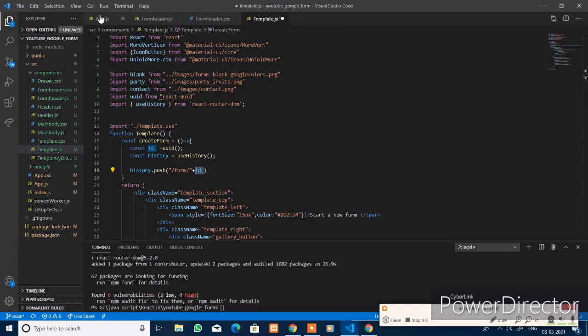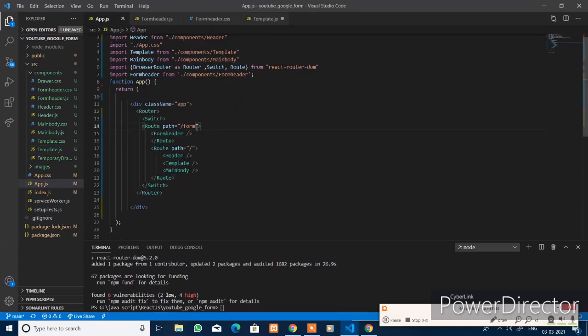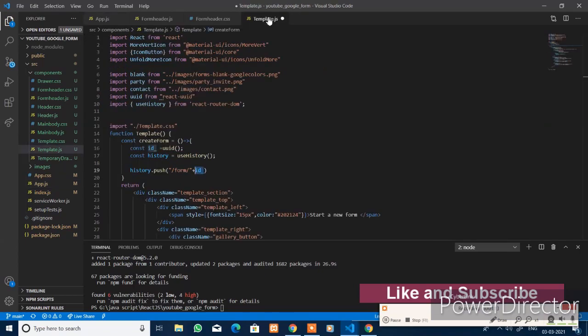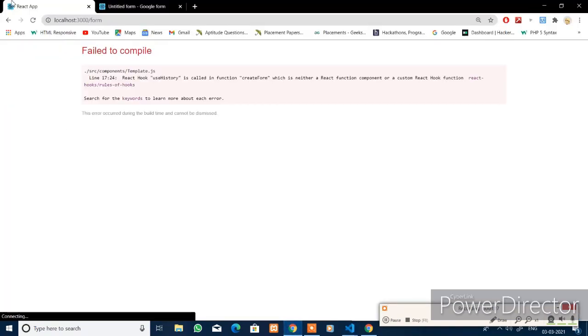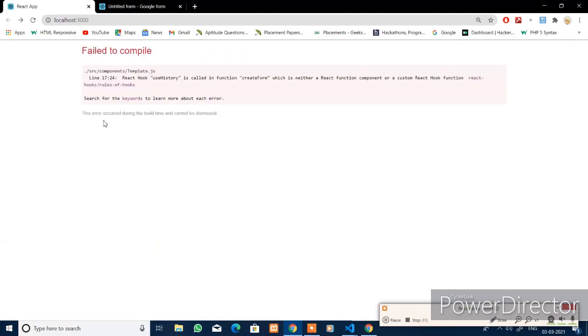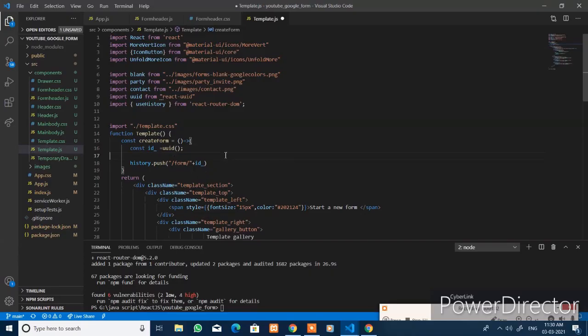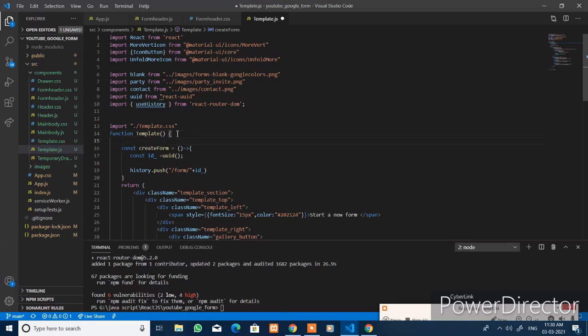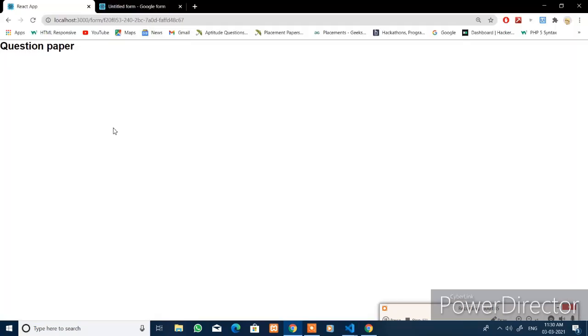Inside the app.js file, you change the path here to colon ID. Now save the file and the template.js file also. Go to the browser, the home page, and click. The history constant is outside the createForm function. This takes you to the new URL, form, with the unique ID.